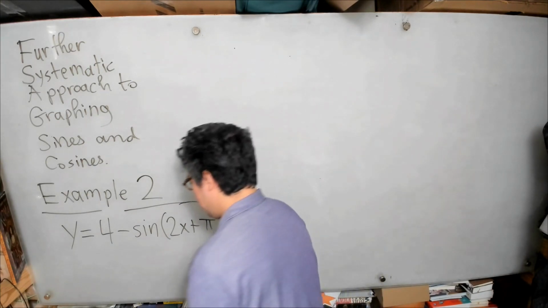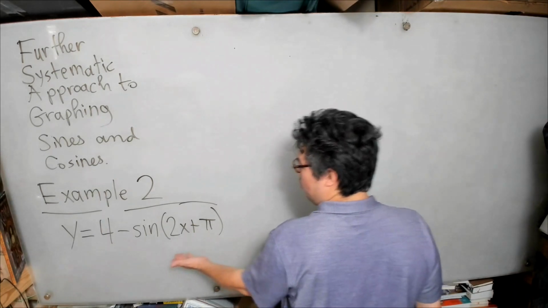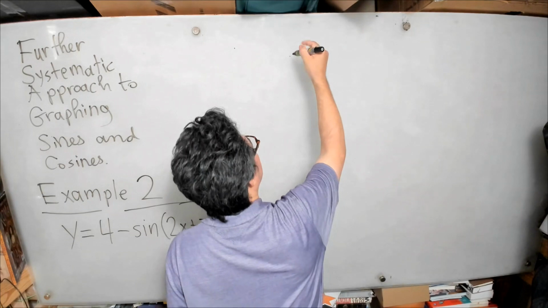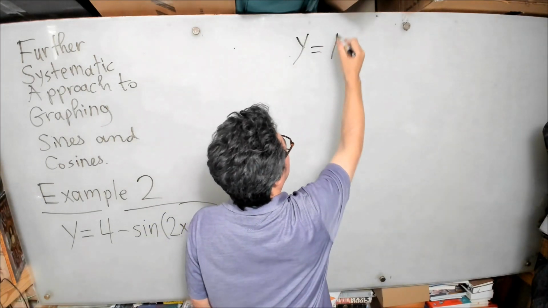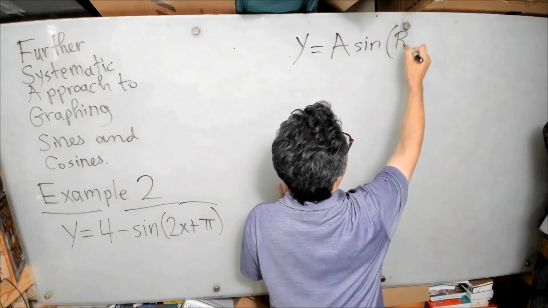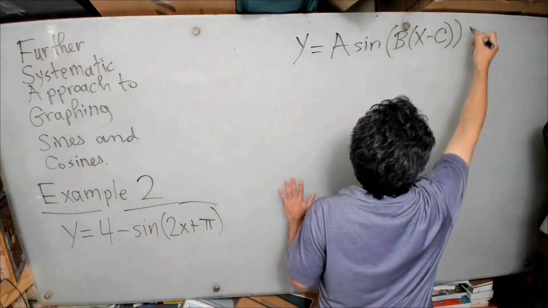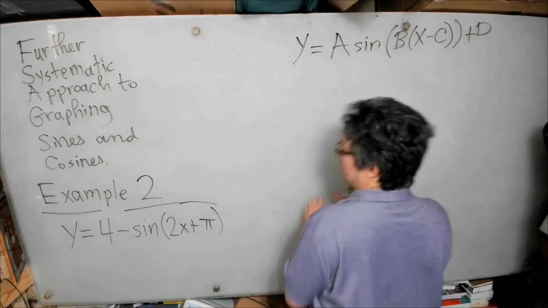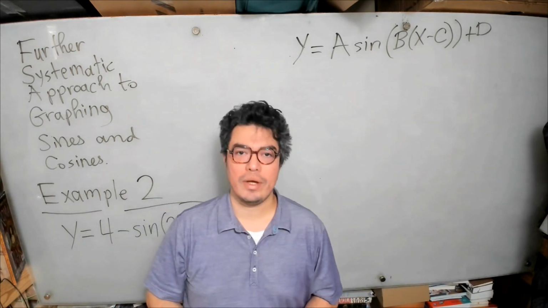So let's look at this here. The way I'm going to look at it is, first I want to put it into a form that's going to make it easier for us to understand. In other words, for me, I prefer to write it like this: y equals a sine, open parentheses, b times x minus c, plus d. Because I know if I write it like this, I'm going to be easily able to identify